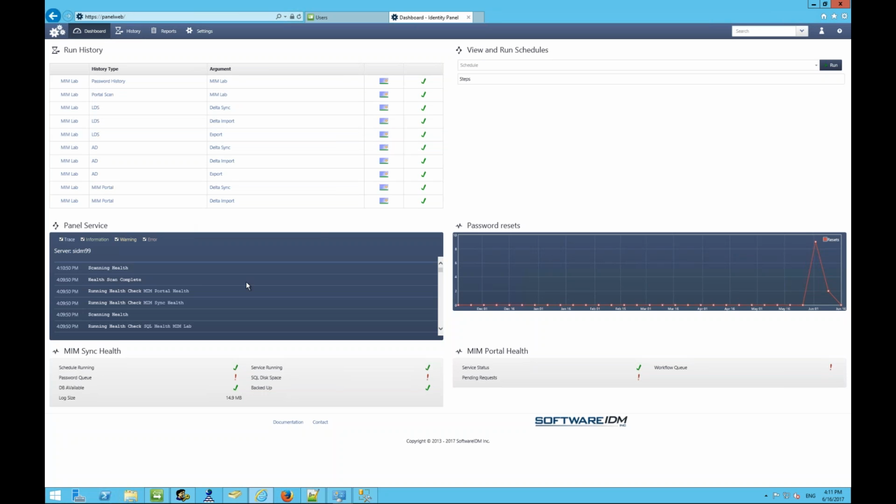A couple of other things. What have I got? I've got something about the panel service telling me recent activity in the panel service. Okay, that's useful. I can have charts for all sorts of things. I haven't got a very exciting one here. This is a demo system, but you can see I've got a number of password resets. And all of these things tend to be interactive. So if I hover over that, there it says that there's a number of password resets went through on that day,